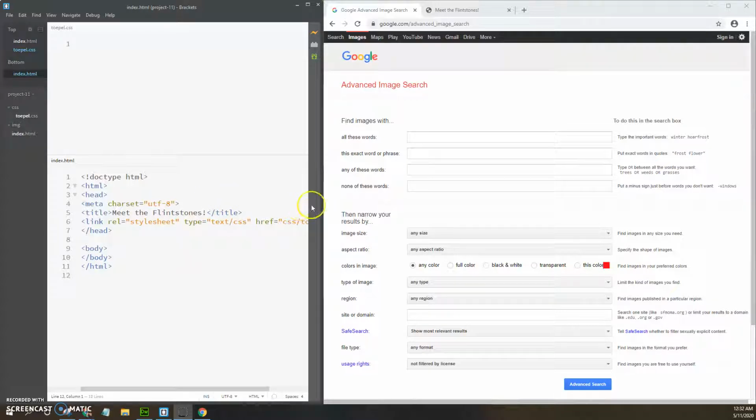Anyway, we're going to use the advanced image search, and we need images of characters from the Flintstones. Let me specify, I'm going to be doing the Flintstones. You guys should do something other than the Flintstones. Before we get the characters, we need a background. The background does not have to be transparent. The characters will be, but anyway, I'm going to type in here Flintstones background,